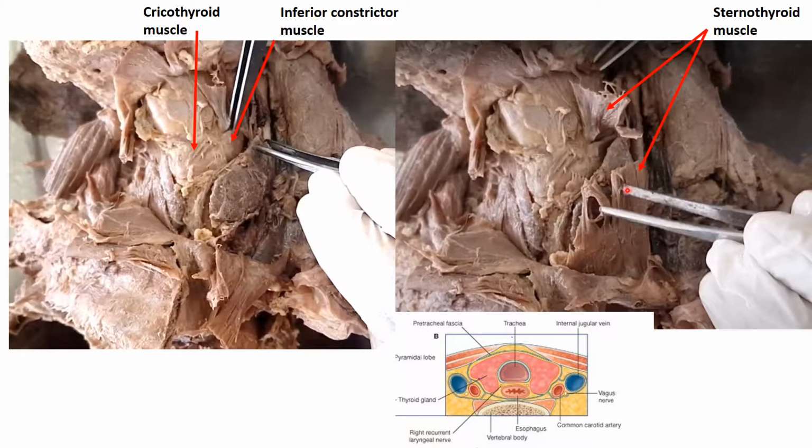Other structures related to this anterior lateral surface are the sternohyoid muscle, the superior belly of omohyoid, and sternothyroid, which we have already seen over here. This is the sternothyroid muscle. On this posterior lateral surface, I can see over here, there is the carotid sheath along with its contents. You have already seen the external carotid artery, and we have the internal jugular vein and the vagus nerve behind that. So we have the carotid sheath along with its contents in relation to the posterior lateral surface of the gland.